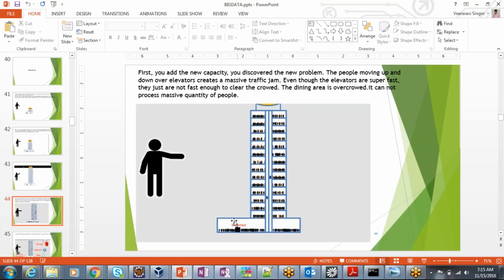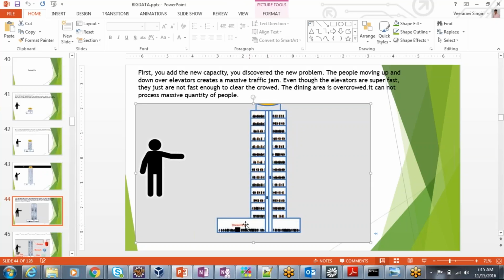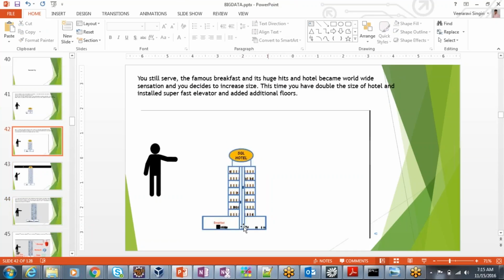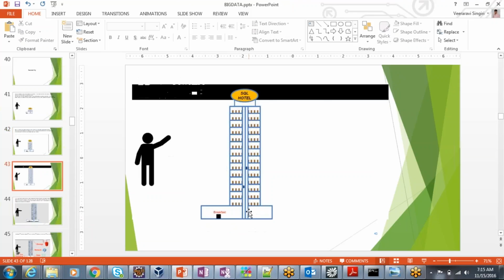Where is your breakfast? You have a breakfast in a lobby somewhere, and you have elevators. Everyone has to come here for the breakfast. Let's look at the previous screen. You have a breakfast here. Everyone is coming through elevators to have breakfast, and they go back through the elevators, right? So when your hotel becomes popular, you also increase the elevators with very good speed